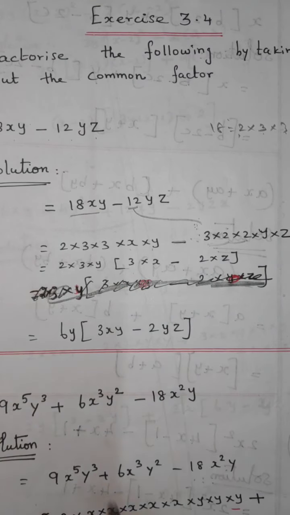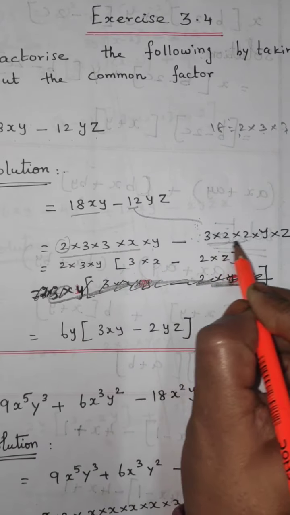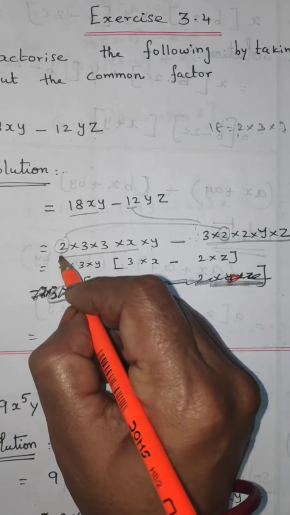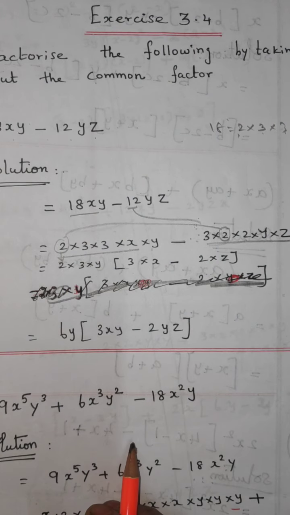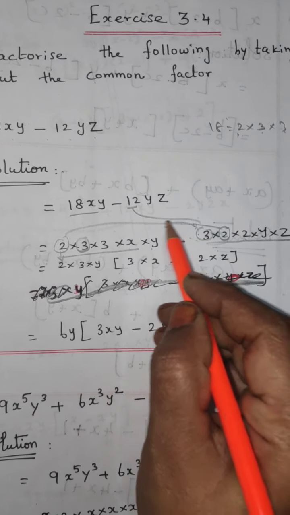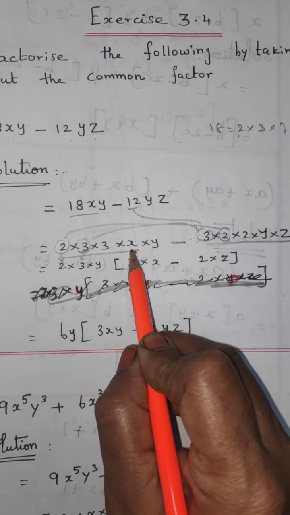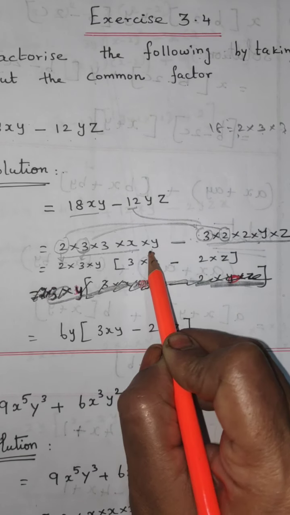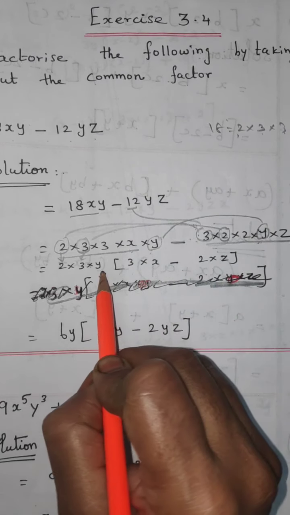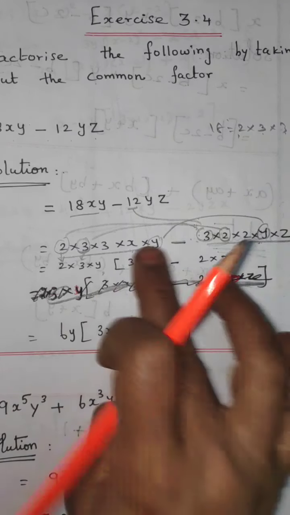See here 2. This is the first term, this is the second term. Here also there is the 2. From these two, write one 2 first. Okay, this is a common number. Next, here also 3, there also 3. From these two 3s, write one 3, enough. Next, here x is there, there is no x. Here there is y, there is also y. So select the y. Take the two y's and write one y. So now the common number you selected is over.